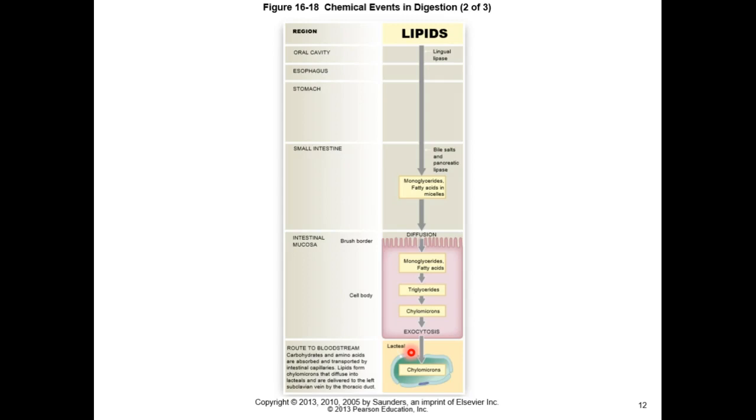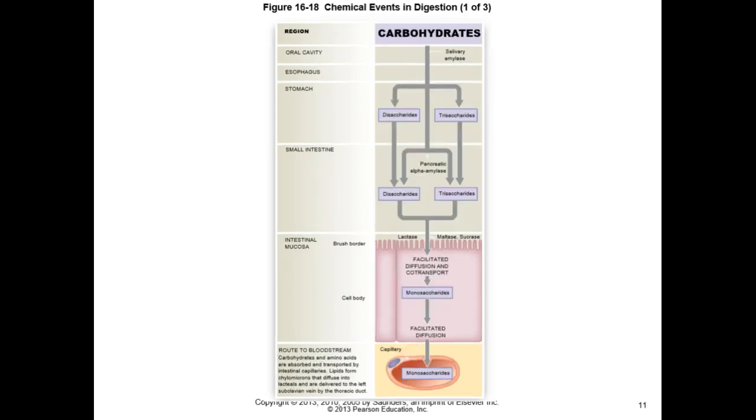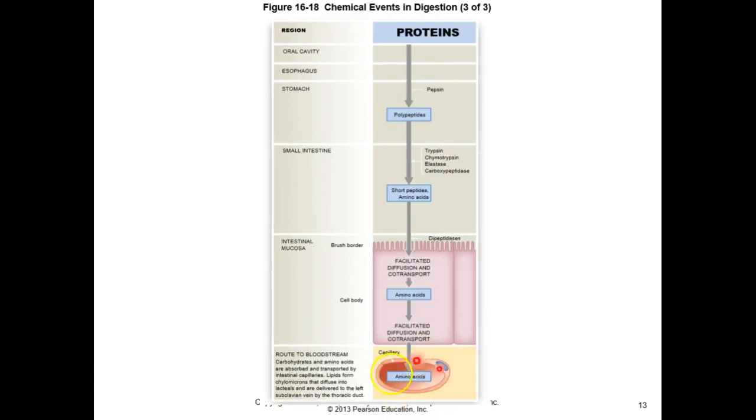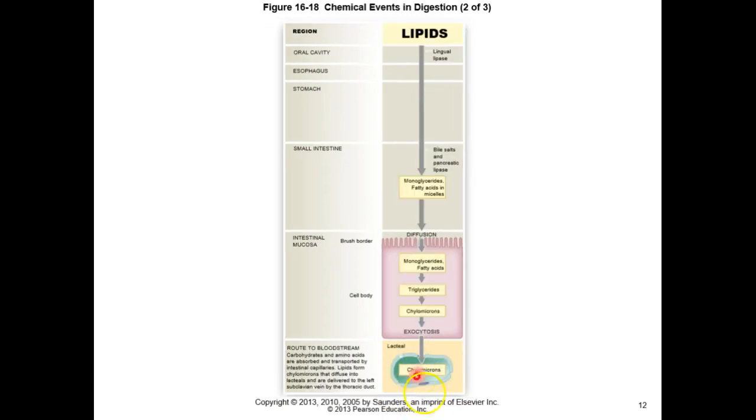And that chyle now, right? Now we're going to call it chyle, that fluid that's in the lacteal, that'll be transported to the liver. All of these capillary beds are going to be transporting things to the liver, including the lacteals, which are going to go to the liver. And that's going to give you your first pass metabolism. Have you talked about that in Pharm? Tell me a little bit about first pass metabolism.